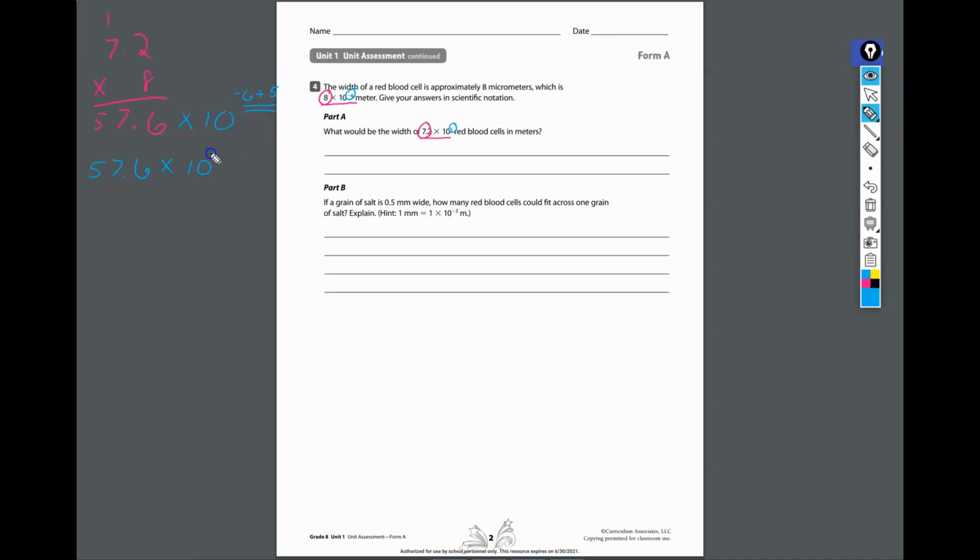-6 plus 5 gives me -1. Now let's fix this. That decimal needs to be over here. Remember I said one digit to the left. So